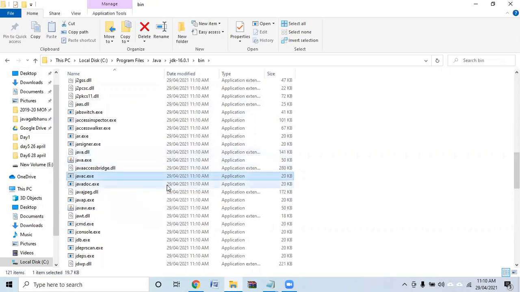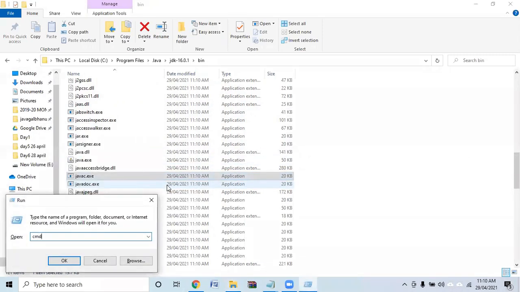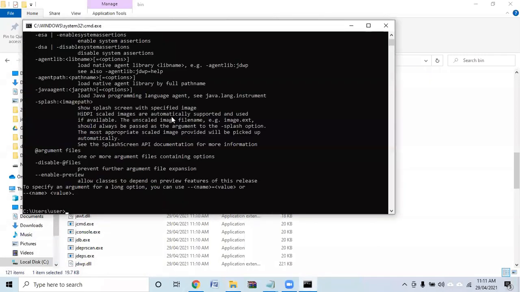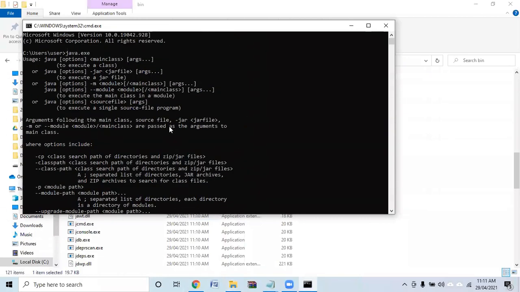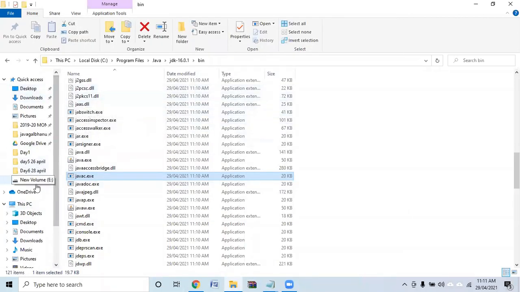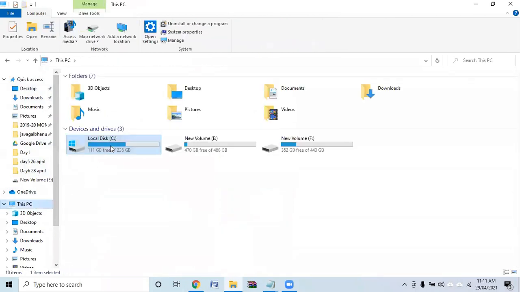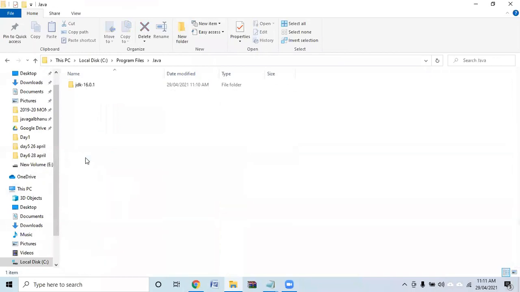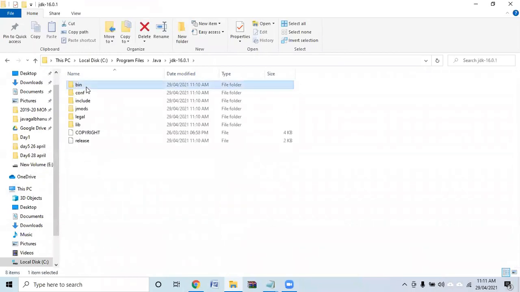So if you want, you have to type something like this. Okay, open the command prompt and I will type java.exe, something like that. Okay, so that is where you will get all this. But when you install it on your computer, you may not get this particular command. So let me just show that. Okay, I'll repeat it. Once Java is installed, JDK is installed, you can go to C: program files, Java, JDK, bin.